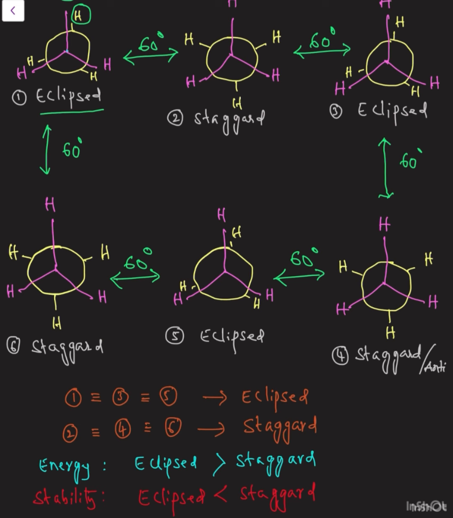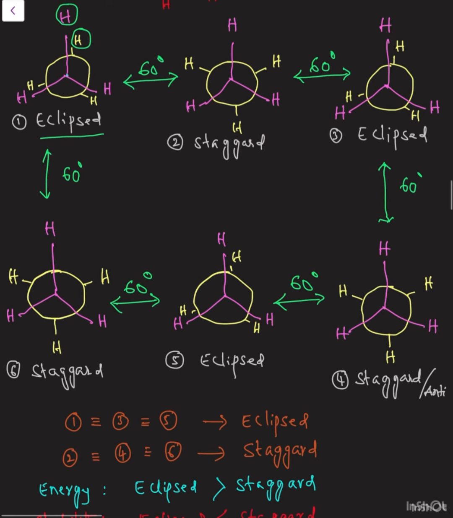In place of xy, here we have taken both hydrogens, then it is giving ethane molecule. Right, see here in the case of first one, that is eclipsed, third is also eclipsed only, at the same time fifth is also eclipsed. So first, third and fifth compounds are eclipsed conformers. The remaining, second, fourth and sixth, are called staggered, or they are also called anti-conformers.